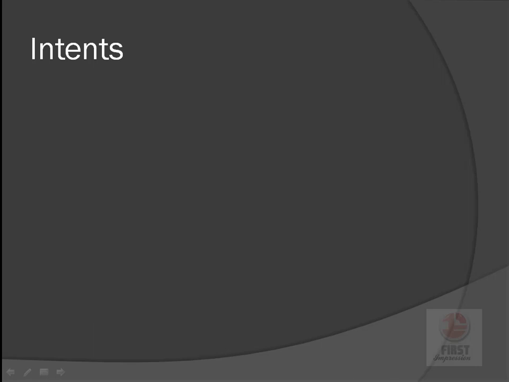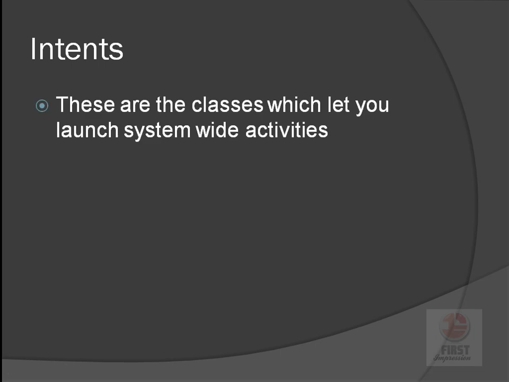Once you are done with the concept of custom dialogues, we should go towards some theory and understand the meaning of intents. Intents are classes that allow us to launch system-wide activities. Those activities can be the internal activities that you have or the activities that you have made in your project. For example, if you want to launch an activity of the contact book, then you have to launch that activity with the help of intents. If you want to launch an internal activity, then you have to do that with the help of intents again.